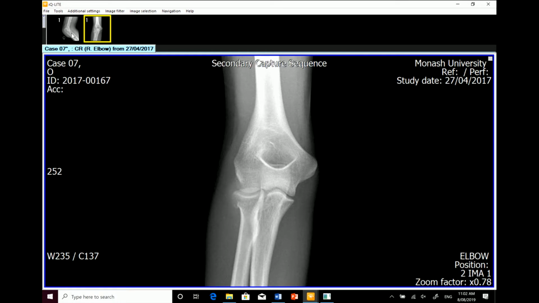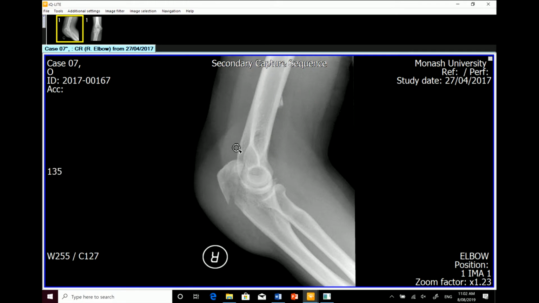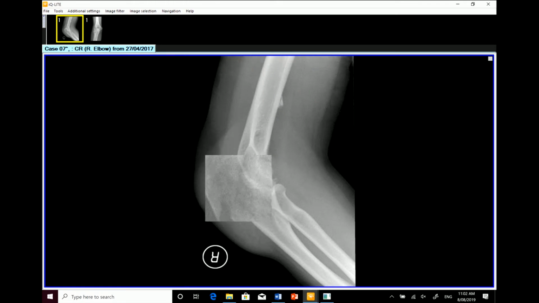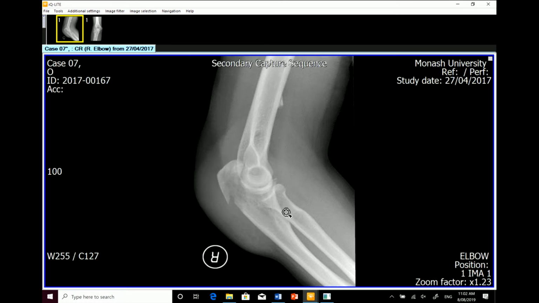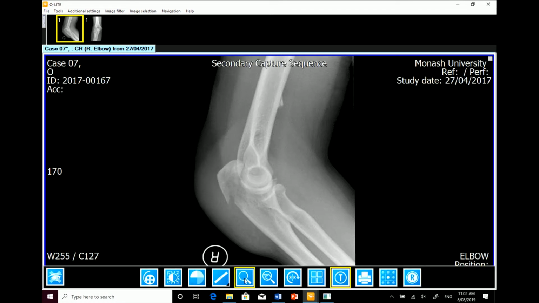And then on the lateral view, if we zoom in, we are able to see that there are multiple lucencies. So this is comminuted fractures of the olecranon process,